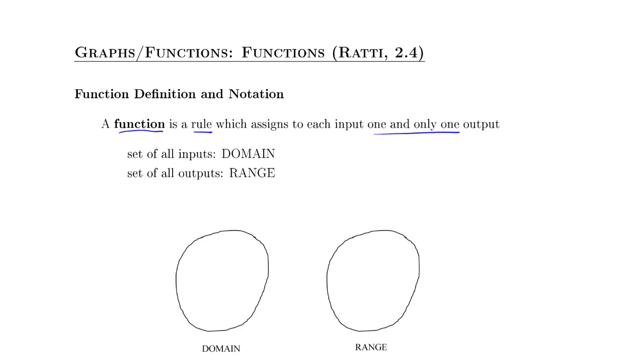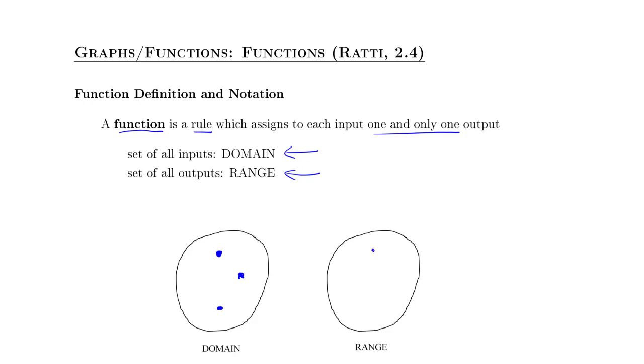And so we can think of this function as some sort of machine that takes something in and then outputs it. All right, so let's talk about what goes in and what comes out. So the set of all inputs is called the domain, and the set of all outputs is called the range. And we can visualize this in a diagram, so these might be individual members of the domain,